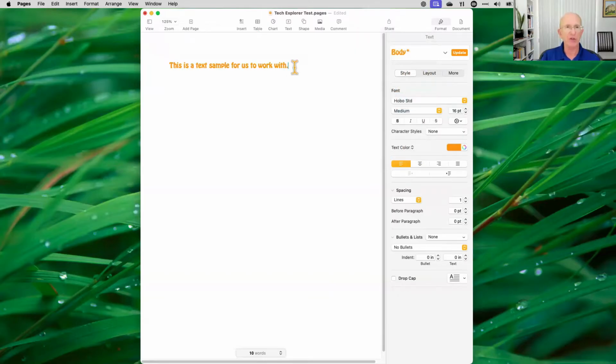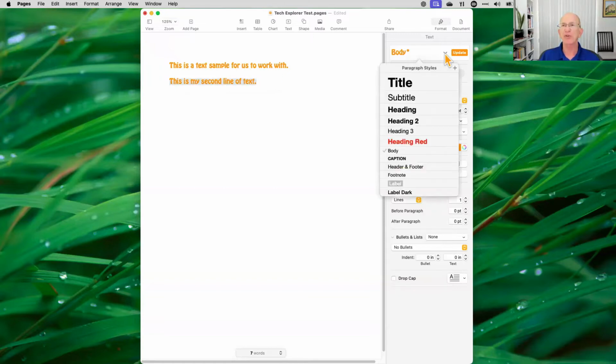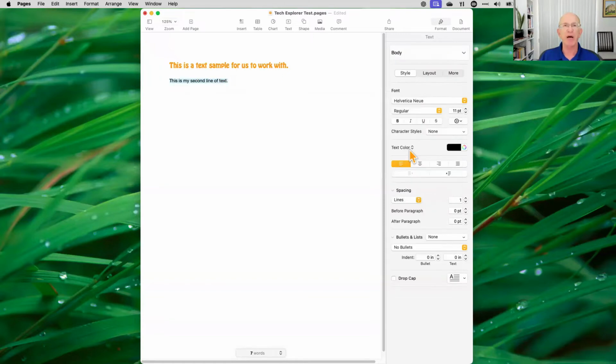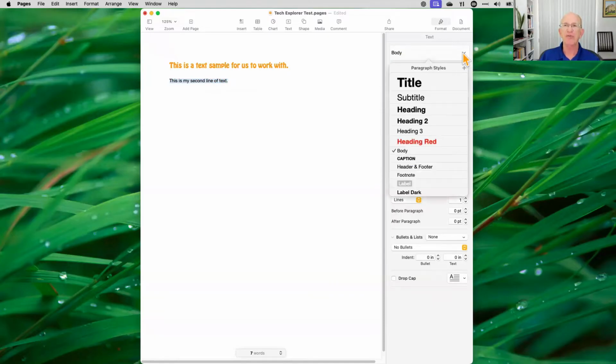Let's add another line of text. It's going to keep the same formatting. If I want to go back and change it to the original format called body, this is what this drop-down function is for. These are called paragraph styles. Whenever I enter a return key and I create a new paragraph, I can change the style of the paragraph